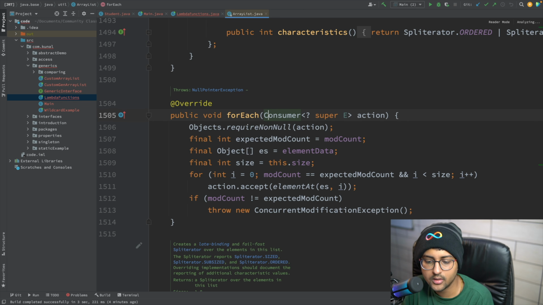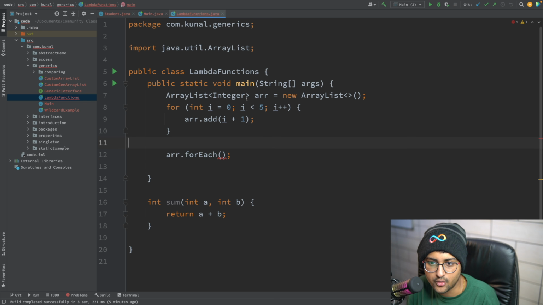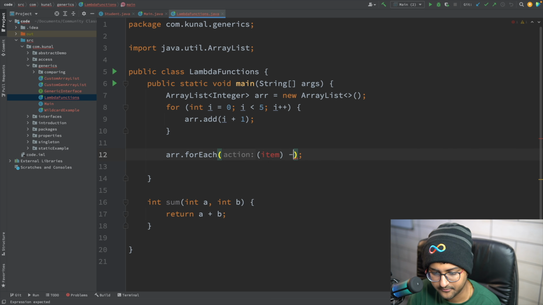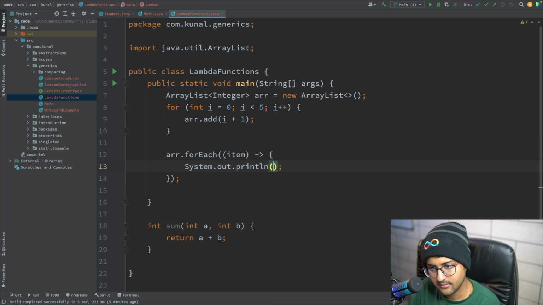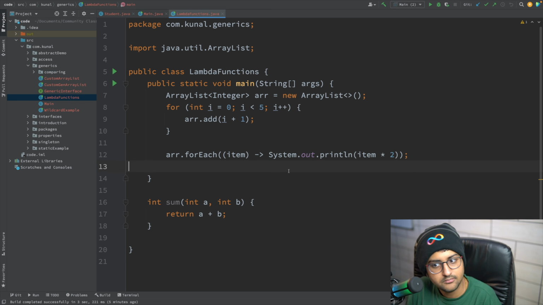So you can actually store lambda expressions in variables as well, because I told you that in a lambda expression you don't really need, let's say, a name of the function. So for example, here for every item I'm actually passing an inline function, a lambda function, or whatever. So here I'm basically going to say that for every item that you get, you want to do this thing. You want to do something like this. Print something like item into 2 or whatever. Okay, something like this, just one single line. That's it.